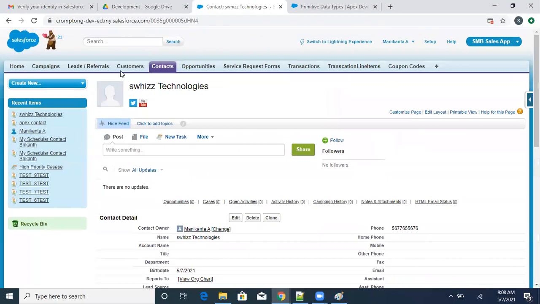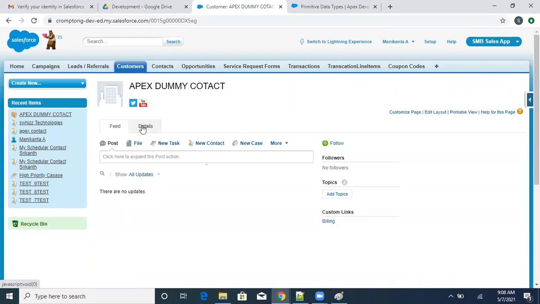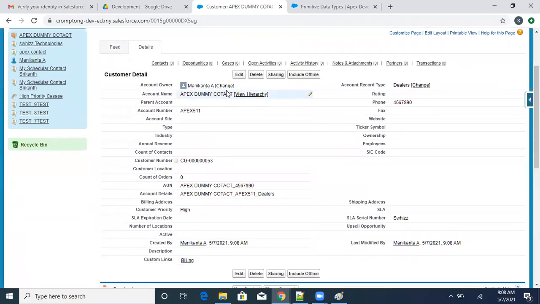Executed successfully. Now come here and check your accounts. Customers is nothing but an account here. I just changed this label name. See, Apex dummy. Okay, this is account details, right? I just changed this name. Okay, fine, no worries. See, this is the phone number and this is the account number which I have given. Okay, these are the automatically generated fields. We have written some automation process, right? Based on that, it is